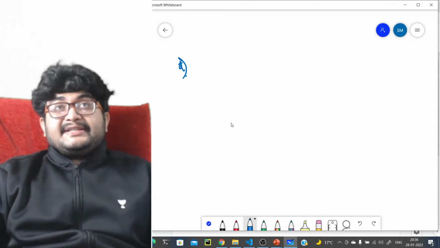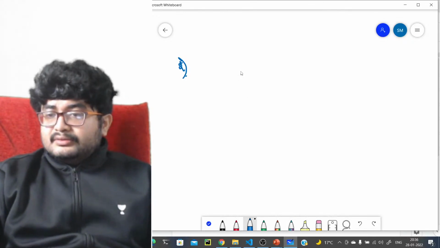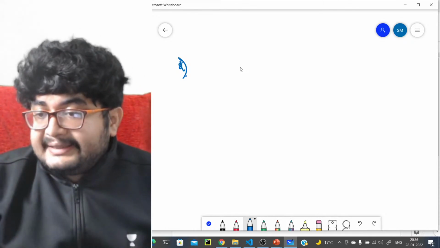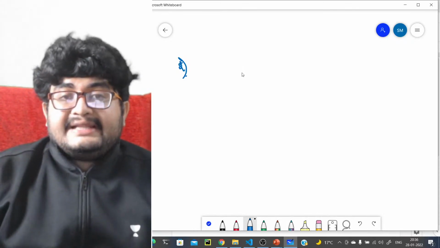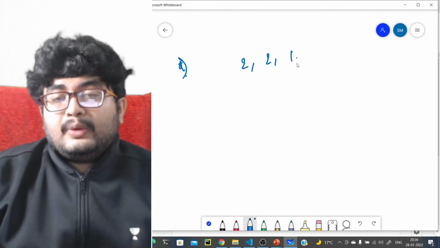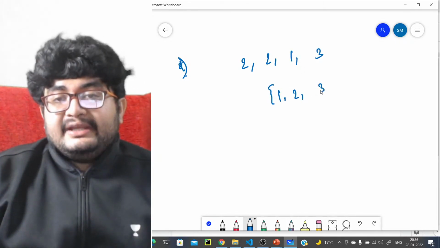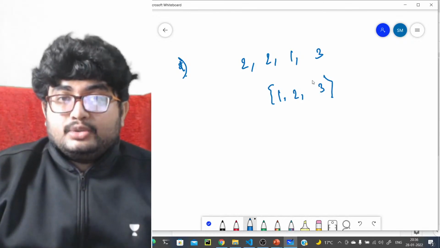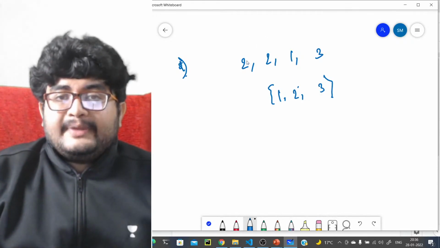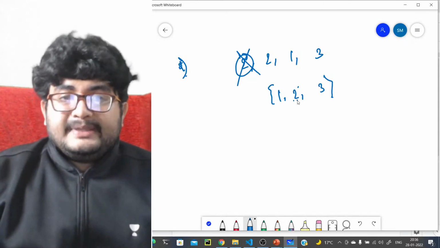Okay, let's come to the second question. The question is why that if condition in the delete. Okay, let's say we are inserting something like this. If you are inserting 2 2 1 3, so what do you have in the set? 1 2 3. Now say you write a command delete 2, so 2 will be removed from the set, but you don't want it to be removed because only one of the 2s is removed, right? So you want 2 to be there in the set.